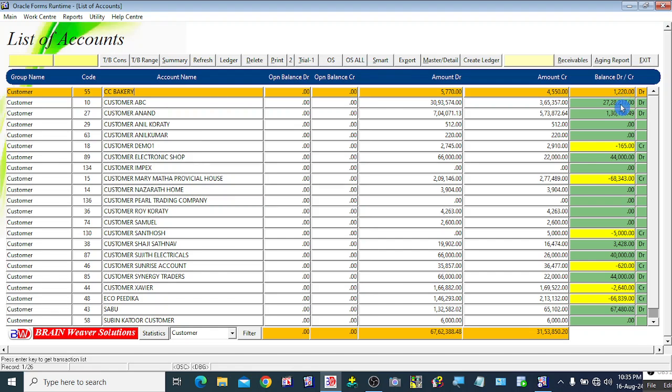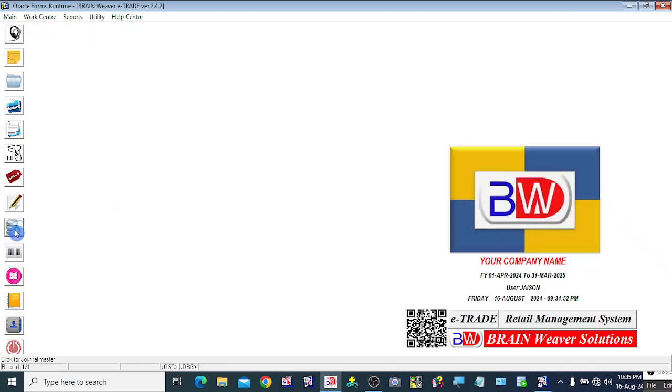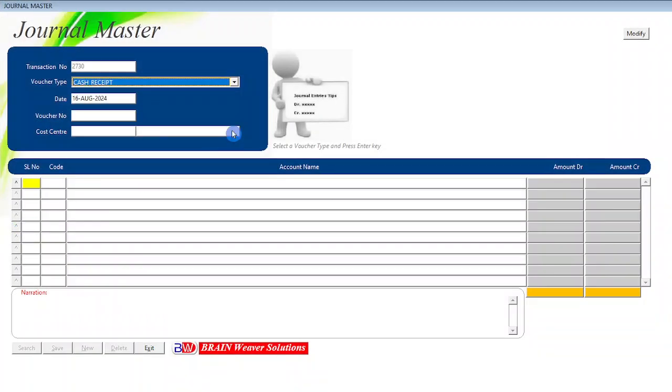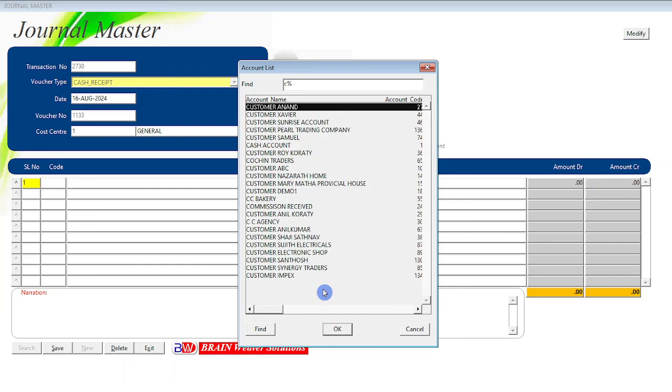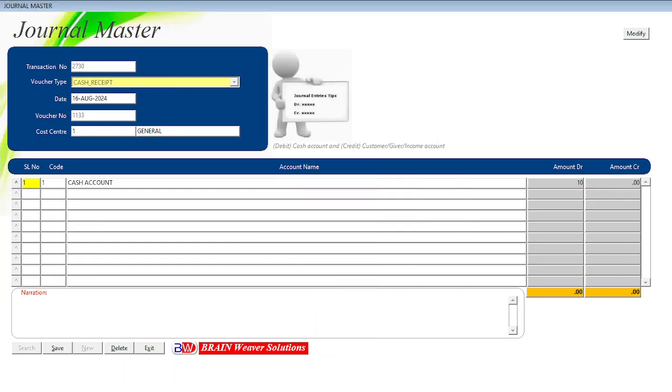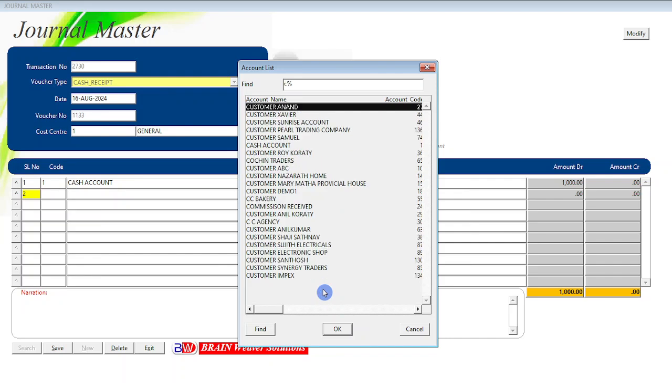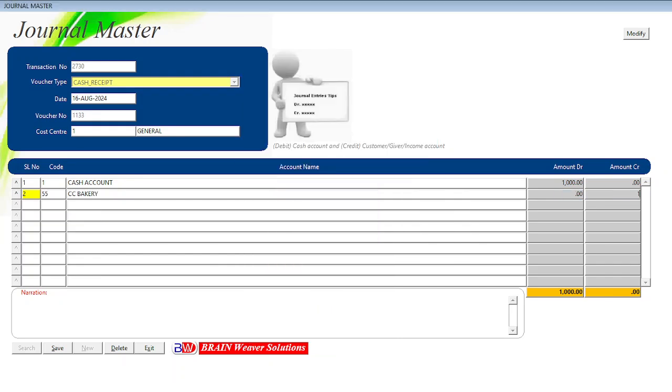Suppose we have received 1000 rupees from this customer today, and we are going to enter the journal entry for the receipt of 1000 rupees. Choose the journal master, and the voucher type is cash receipt. I am debiting cash 1000 and crediting CC Bakery, being cash received from customer CC Bakery,